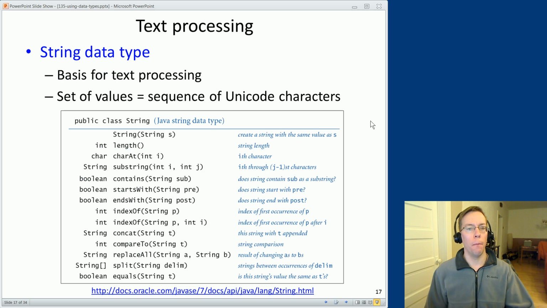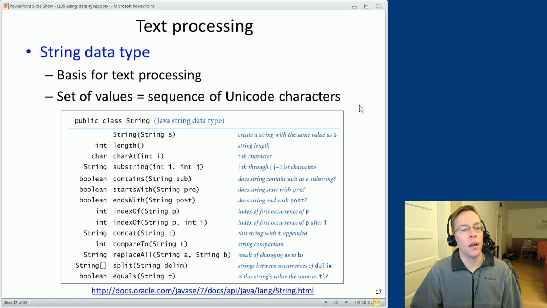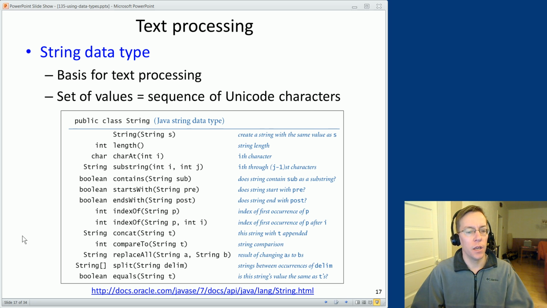Let's switch gears and talk about text processing. This is going to make heavy use of the string data type, which we've already seen quite a bit of, and the set of values of a string data type is a sequence of Unicode characters. And Unicode just means it's not just A through Z. We can represent all kinds of different letters in different languages with accents and special characters and Chinese scripts and things like that. We'll just be working